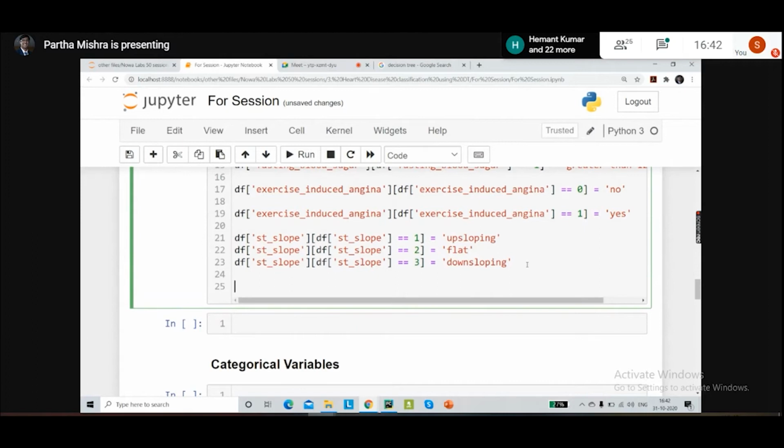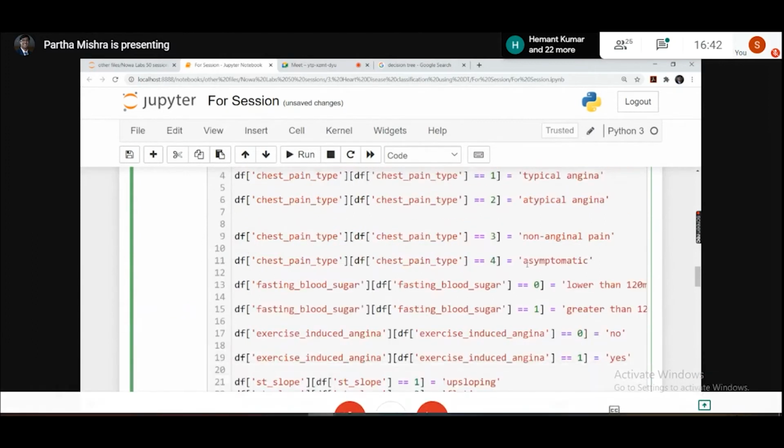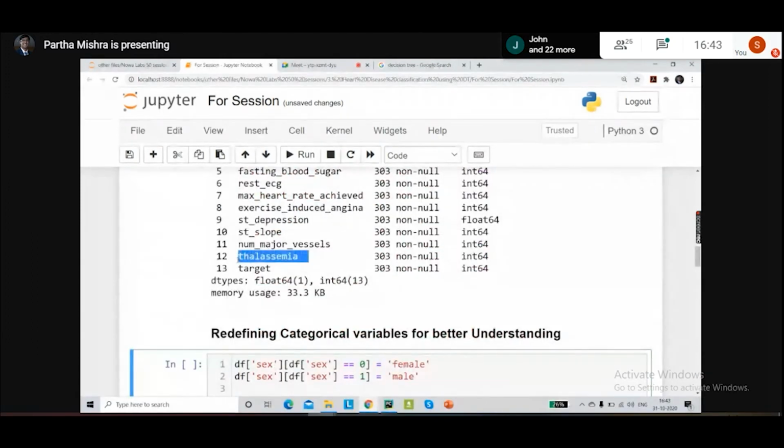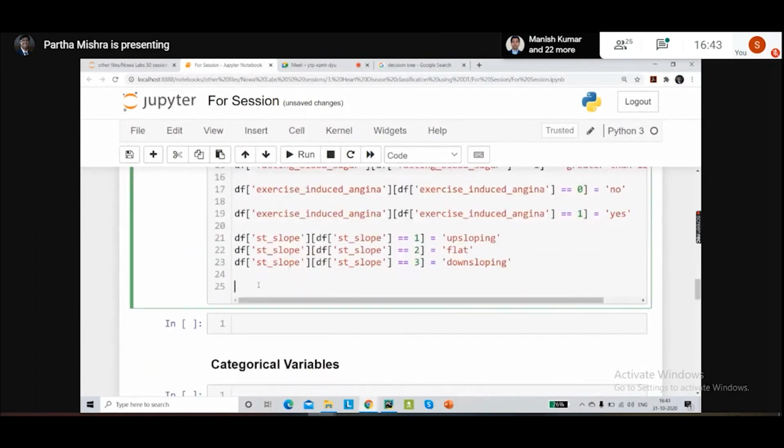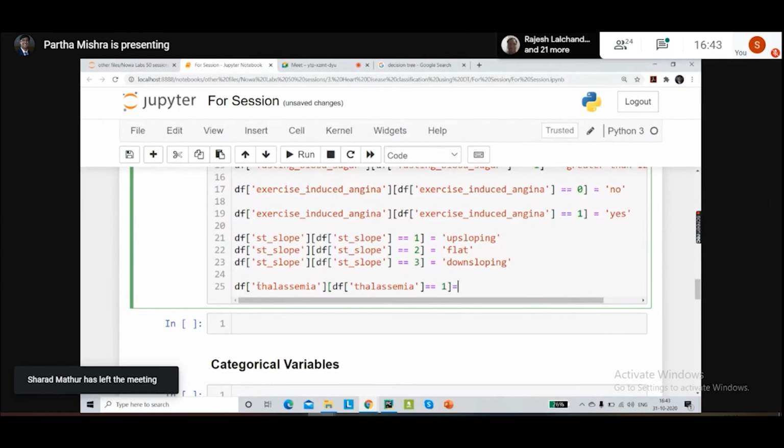And finally, we'll have this particular term called thalassemia. Hope I am pronouncing it correctly. If the value is 1, it is normal.